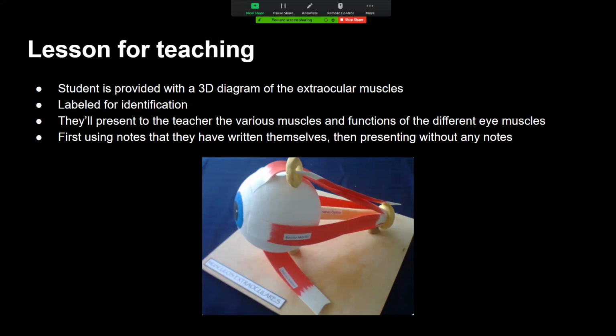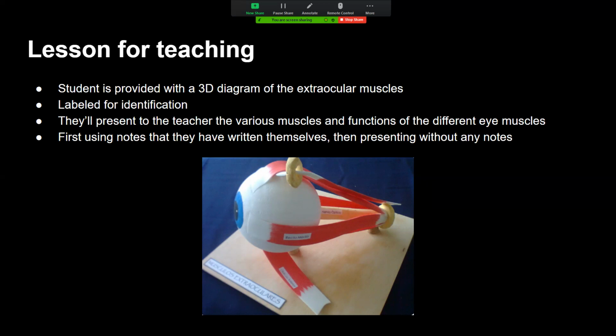Number one, you can present them with a high contrast diagram of the eyes, the ocular muscles, the different types of muscles that they have, and they could label them, color them, and they can demonstrate the muscles to the teacher, and or they can work with the teacher as well to help them label them or color them, whatever is easier for the student.